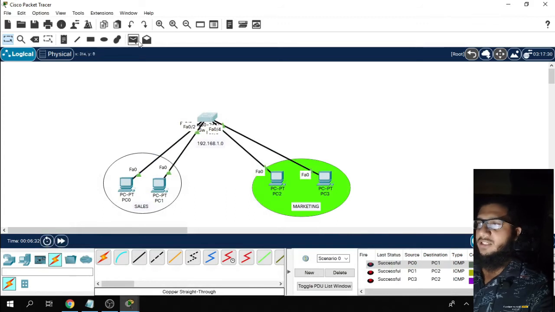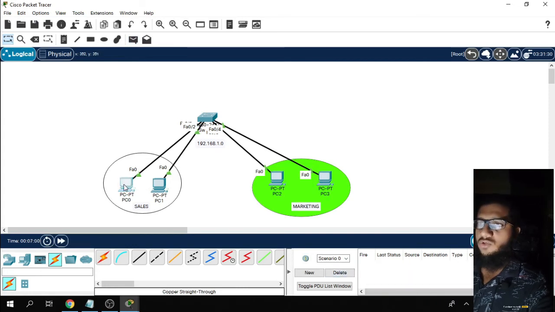Now what I'll do, I'll just clear this data packets and I'll send this packet. So you can see here it is successful. Okay, good, and in this too it is also successful. Now let's see if the data packet is going from this to this. So let's send this. You can see here in progress, then failed. You can see here failed, and this is also failed.